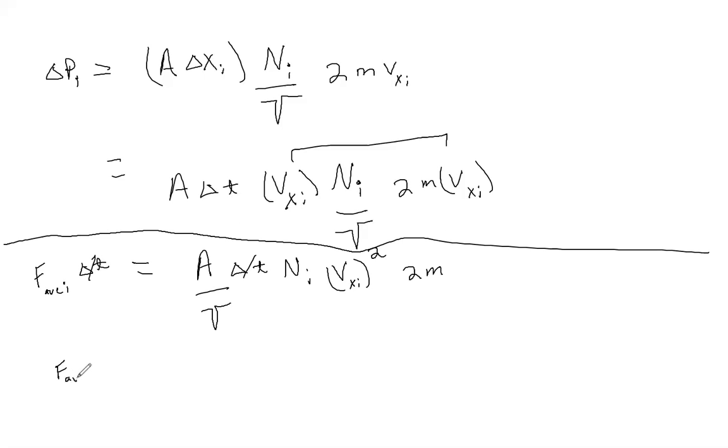I'm writing that's the average force from that velocity's contribution over the area, times the volume, equals the number of particles with that velocity times Vxi squared, and I have a 2m sitting here still. All right. Now,